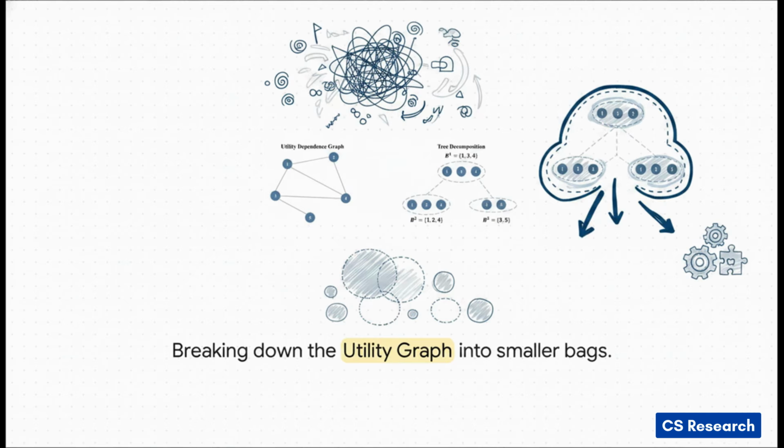But look over at the right side. This is the tree decomposition. The algorithm takes that messy web and elegantly breaks it down into small overlapping subgroups, which we call bags. Notice how players 1, 3, and 4 form that top bag, and then it branches out from there? This is a real game changer, because it allows the math to break down massive, overwhelmingly complex social interactions into small, localized problems. We can optimize those independently, and then link the whole shebang back together.